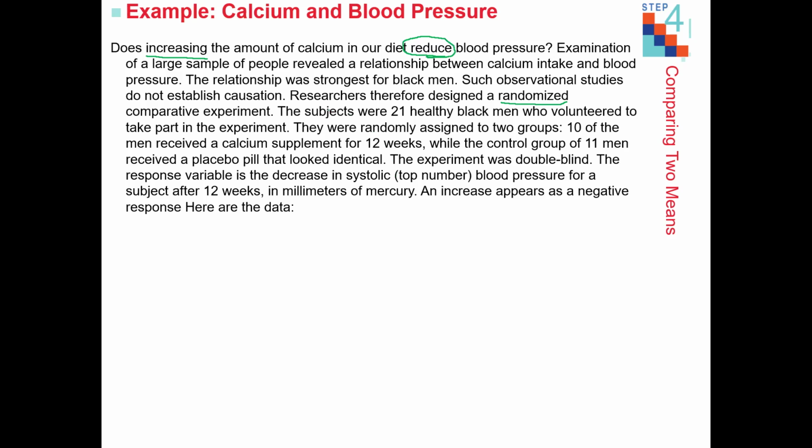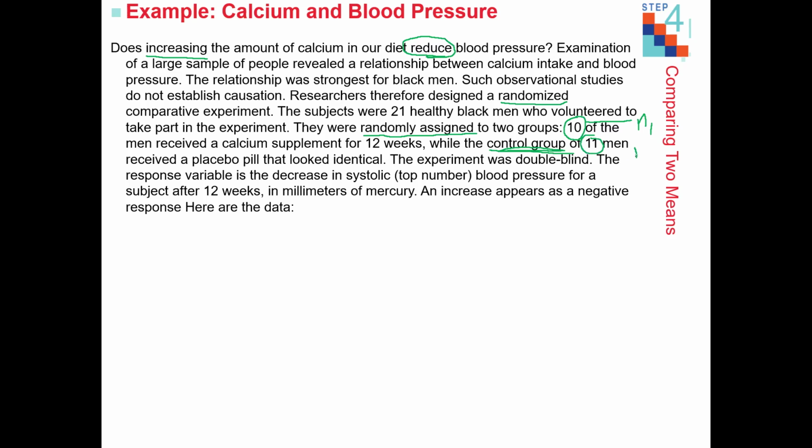So we're dealing with an experiment here. Our subjects are these 21 healthy black men who volunteered to take part in the experiment. That's good. They are randomly assigned, that's good, to 2 groups. We have 10, it's going to be probably our N1. We have 10 of the men receiving a calcium supplement for 12 weeks, while the control group, interesting, of 11